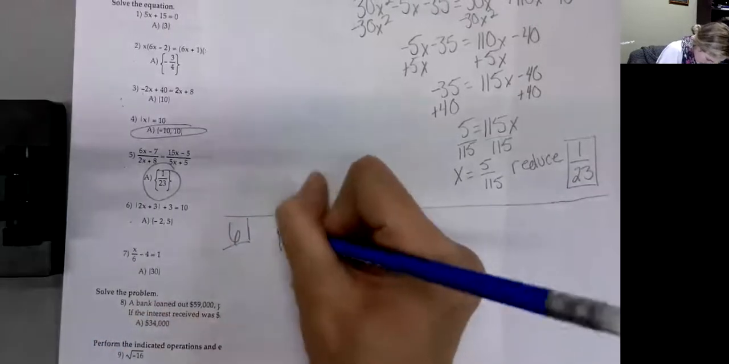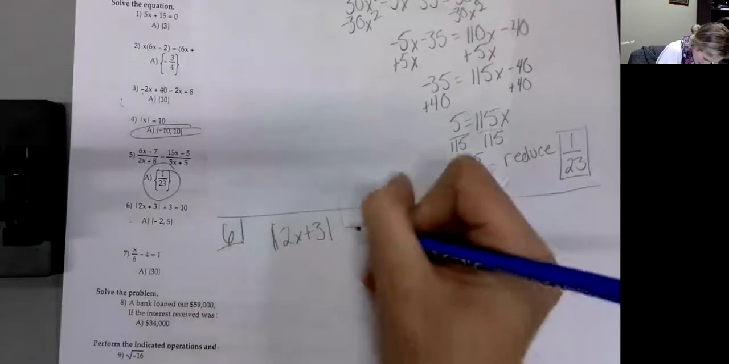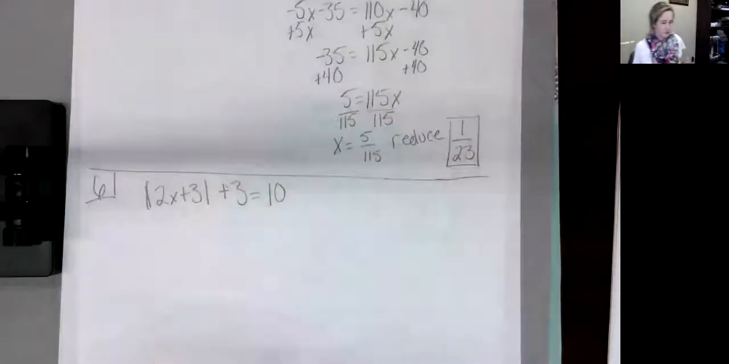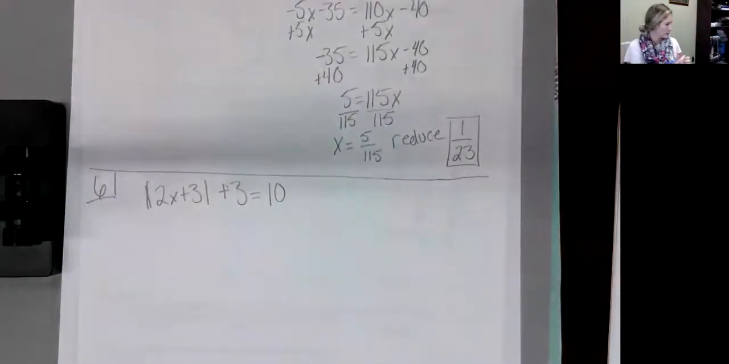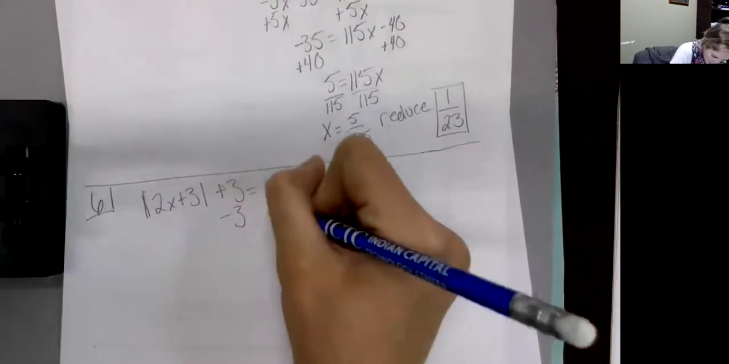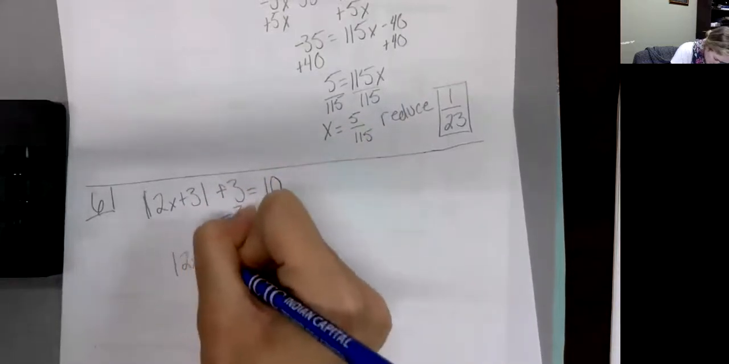So we have the absolute value of 2x plus 3 plus 3 equals 10. The first thing we do when we're solving absolute value equations is to get it so it's just the absolute value equals something. So first we're going to subtract 3, so I'd still have the absolute value of 2x plus 3